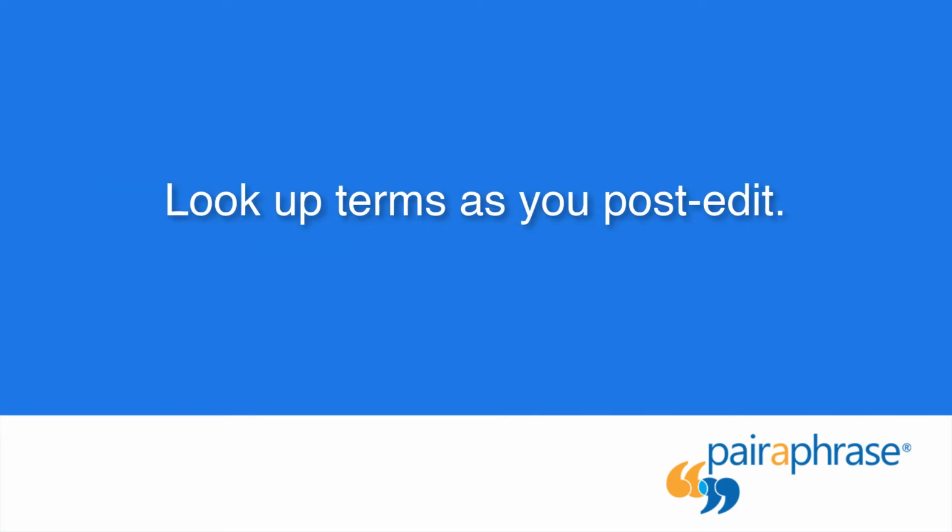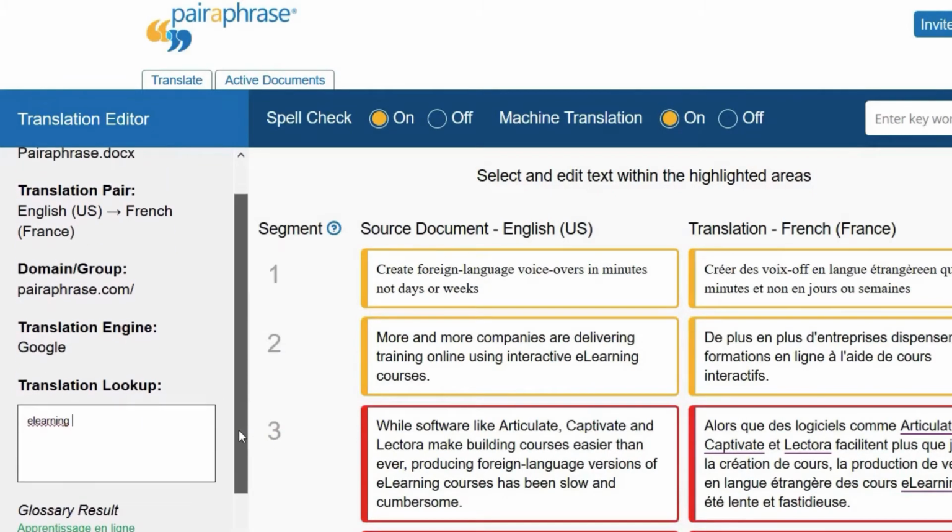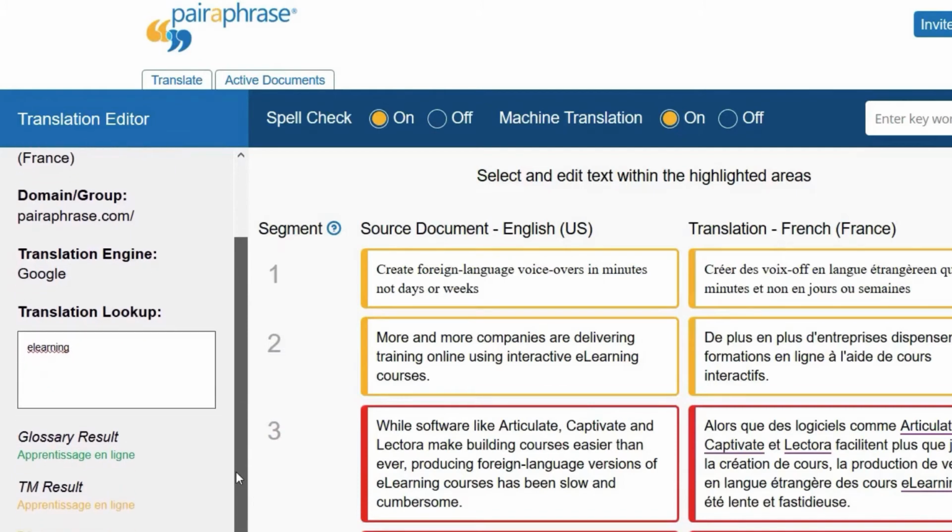Once you have imported a glossary, you can look up the correct terms to use as you post-edit. To look up a term while editing, find the translation lookup box and paste the term or phrase you are looking up. If you enter text that matches a term in the glossary or is part of a translation memory,